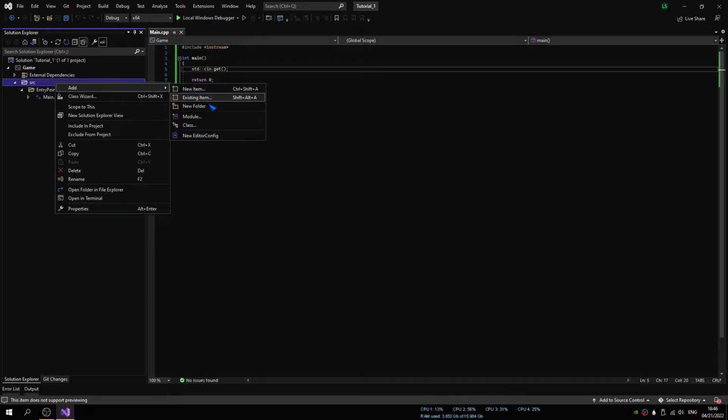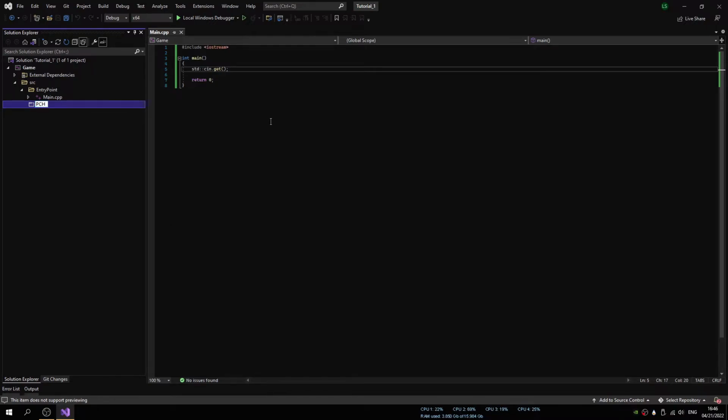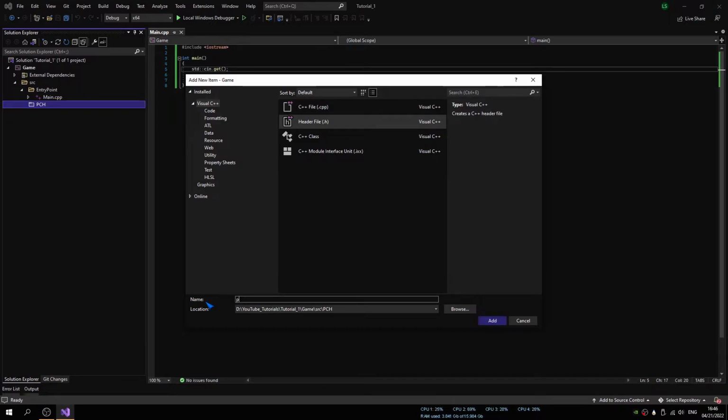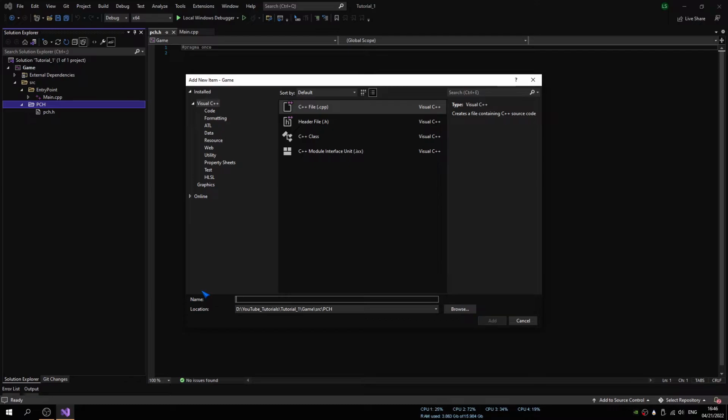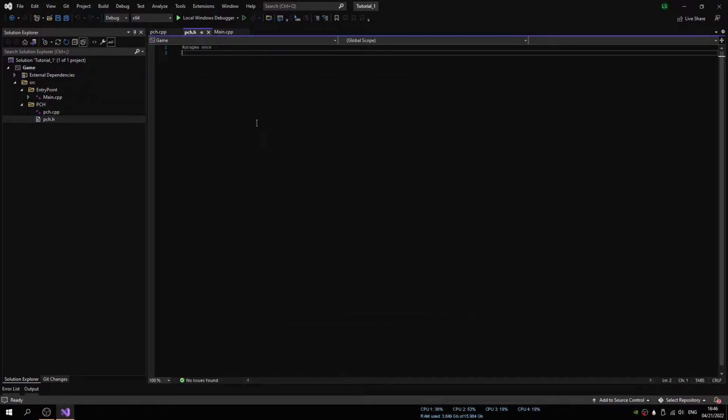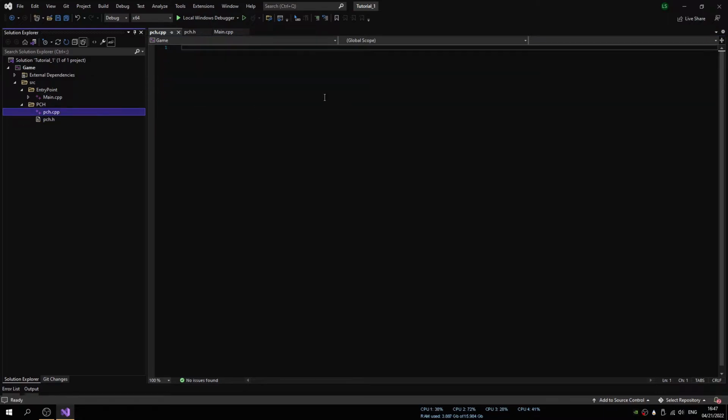Maybe doesn't matter. Second folder, we will call it PCH for our precompiled headers. Let's create our first PCH, just pch.h, and pch.cpp. In our H file, we're going to include Windows.h. Here, a section for C++ stuff. Now it's empty, and for Fmod. Here in pch.cpp, we are going to include our pch.h,